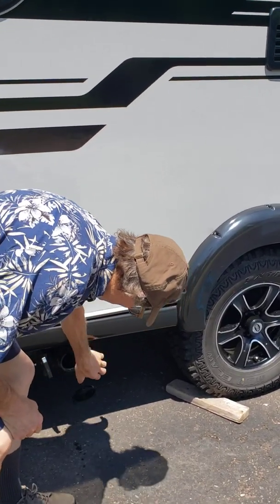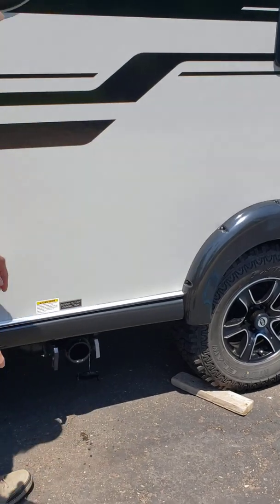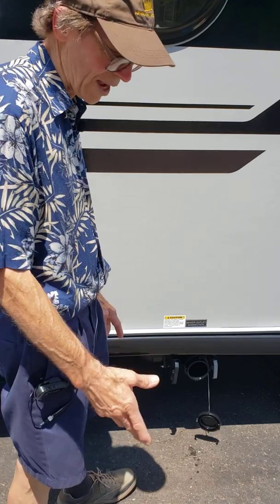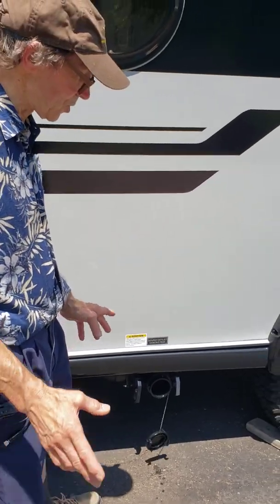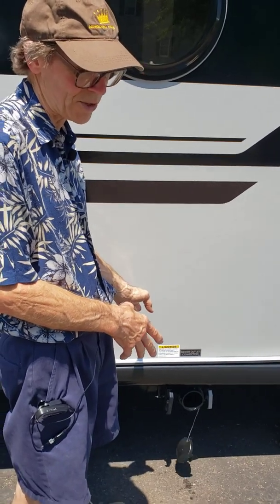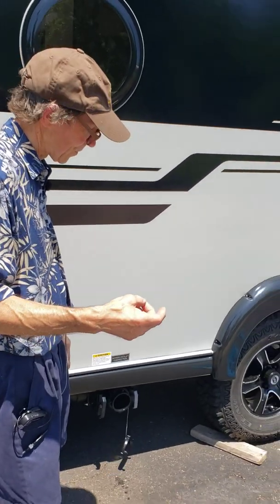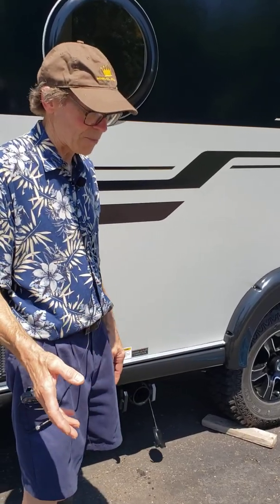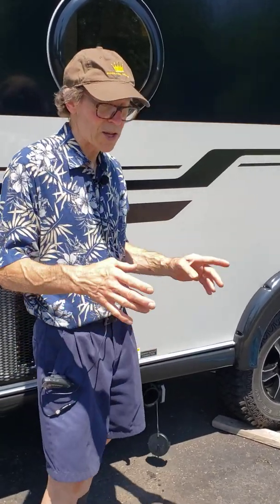In a campground situation, you're going to be hooked up. If they have sewer on site, you'll have your hose connected, but you'll retain wastewater in your black water tank until you're ready to dump. You don't want to be leaving the valves open, or else you have the problem of solids laying in